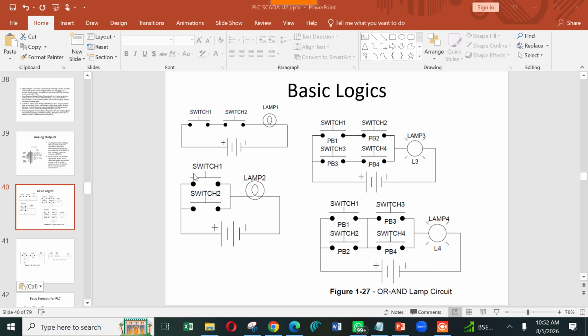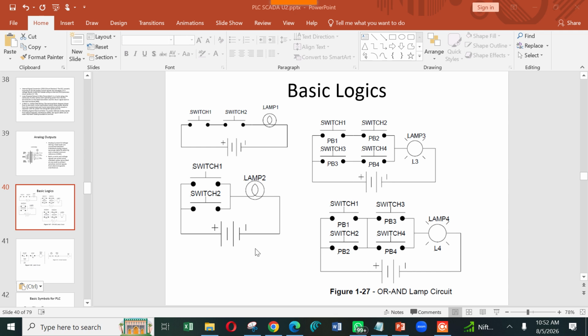According to this electrical circuit, bottom left side, if you switch on any one switch, then the bulb will glow. Then we ask, can you switch on both switches? Yes. If you switch on both switches also, then the bulb will be on.